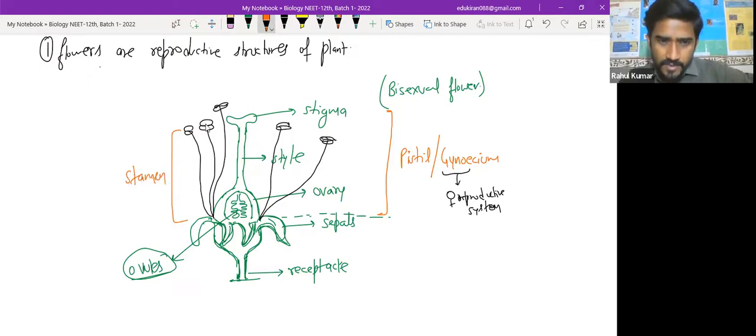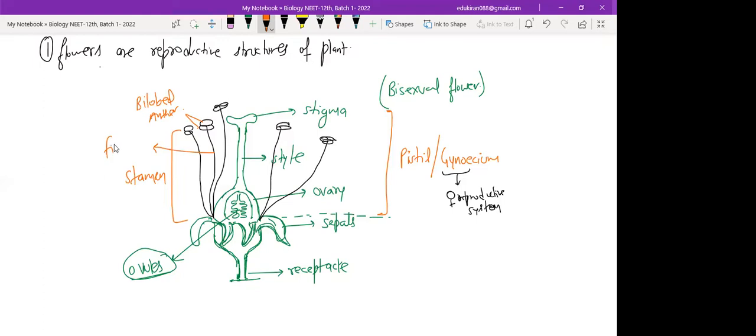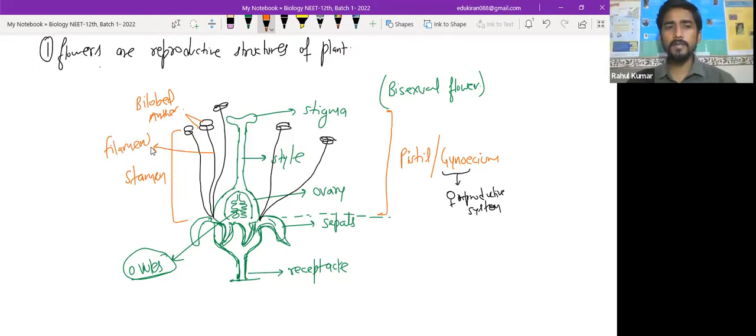Now this part, which is this bilobed part, look at these two lobes here. It's called an anther, and anthers could be bilobed or monolobed. So this is a bilobed anther. And what is this part called? Filament, because it's just supporting the anther on the top. Now, if I make the structure of anther in some greater detail here,